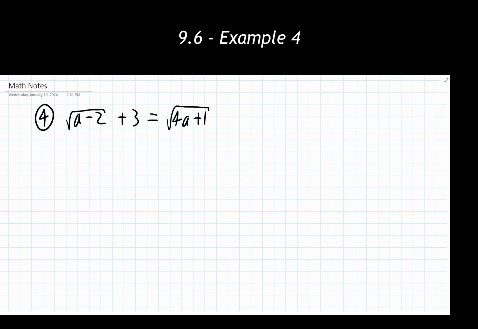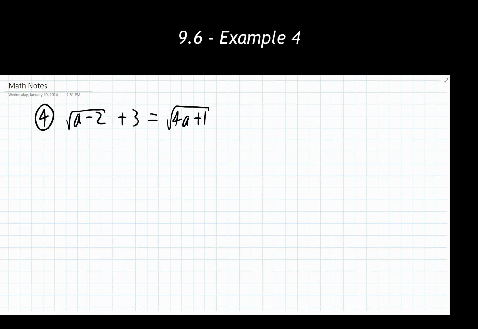In our fourth and final example, we're probably going to see the most advanced and maybe the trickiest version of what most of these problems are going to look like. So let's dive into it and use the same process that we've been using up till now, because that's going to get us to our final answer.